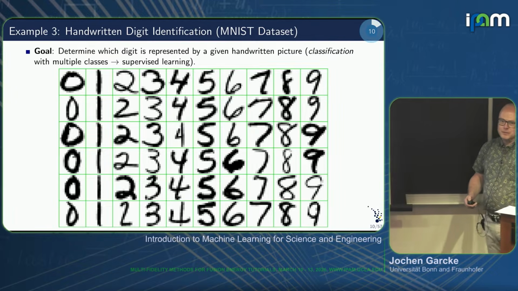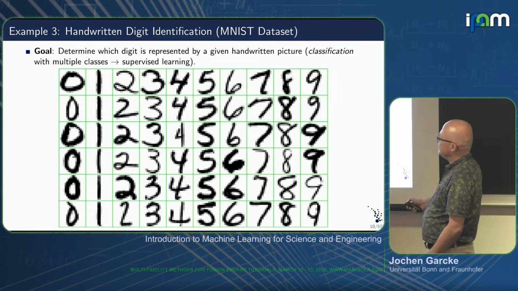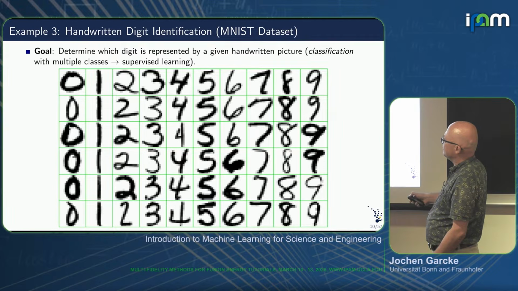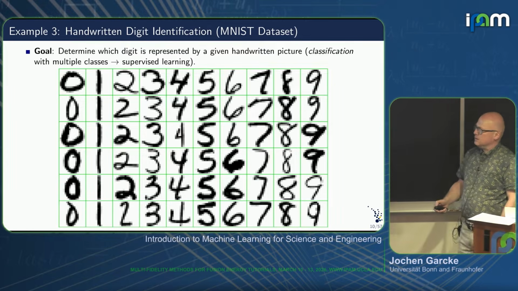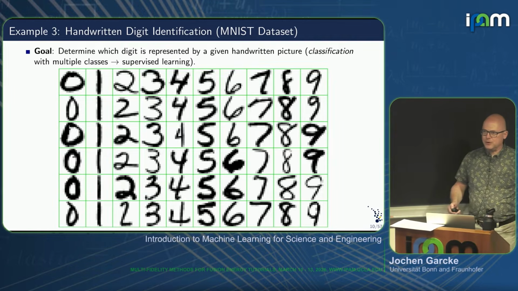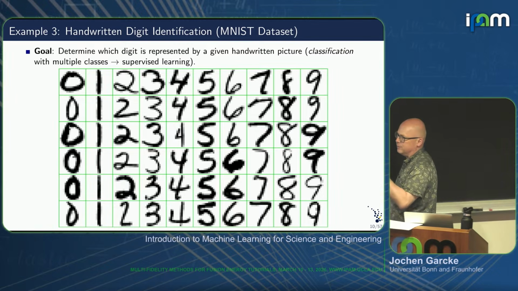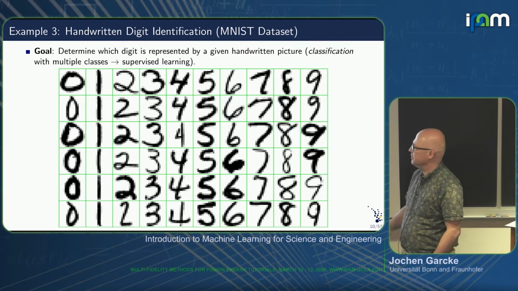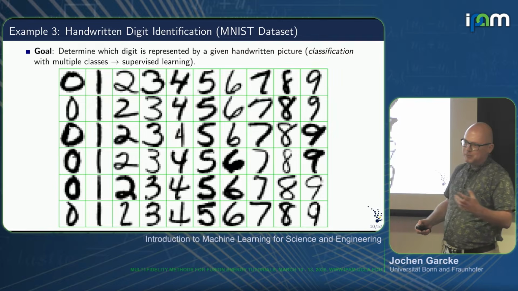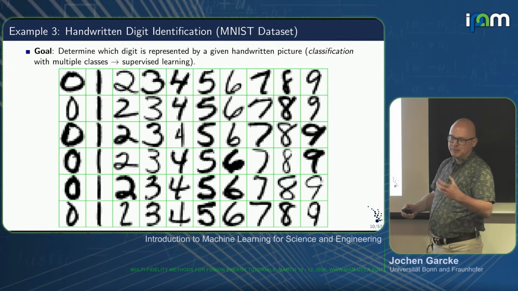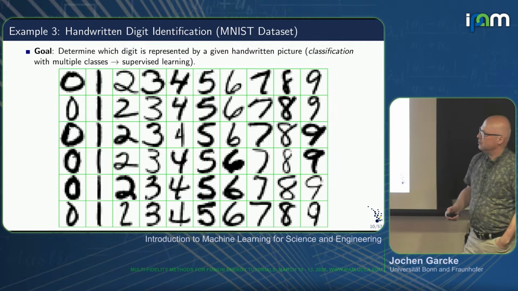So the classical data set is MNIST, handwritten digit recognition. So now we have a multi-class problem. We want not only to recognize yes or no, we want to recognize these 9 or 10 different classes. And this is also a historical machine learning approach, where this was used to automate the processing of letters, so that you could recognize the letters. And this is an example where if you don't have 99.5 percent correctness rates on this data set, you have a bad machine learning model, because in the end, it's relatively easy to do once you understand what you need to do.